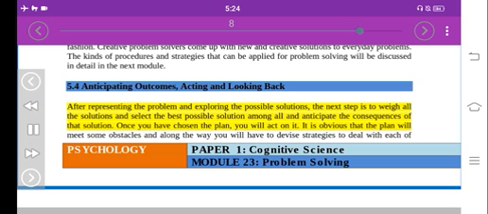After representing the problem and exploring the possible solutions, the next step is to weigh all the solutions and select the best possible solution among all and anticipate the consequences of that solution. Once you have chosen the plan, you will act on it. It is obvious that the plan will meet some obstacles, and along the way you will have to devise strategies to deal with each of